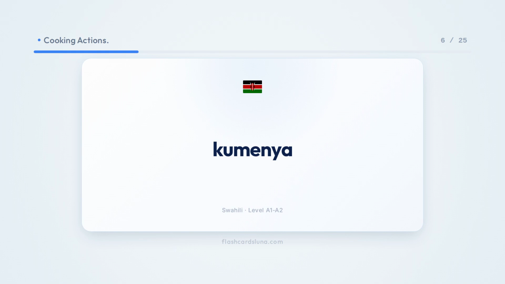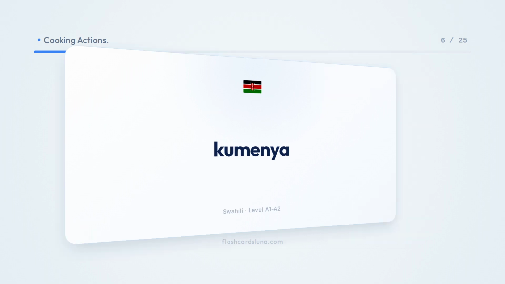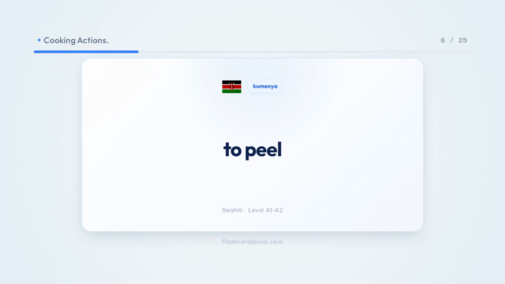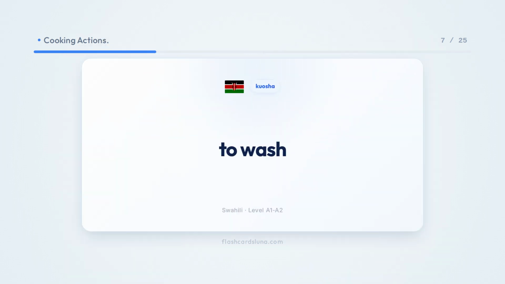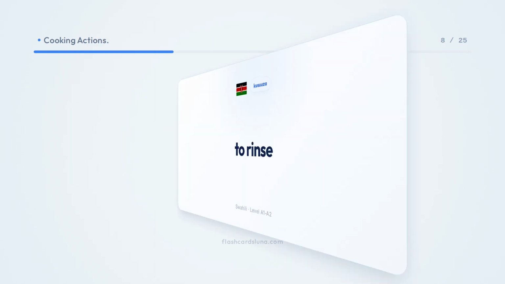Kumenya. To peel. Kuosha. To wash. Kusuuza. To rinse.